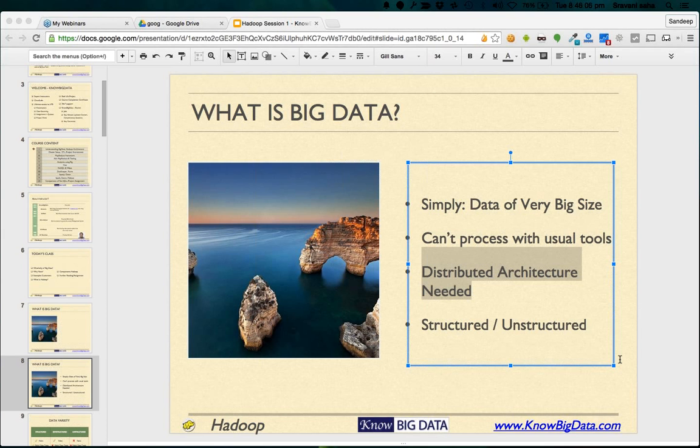Now, Ram's point is that today's big data is tomorrow's small data. Today's tools will not be able to handle tomorrow's big data. That's very much correct. Good point. Thank you, Ram. All right, let's keep on moving.